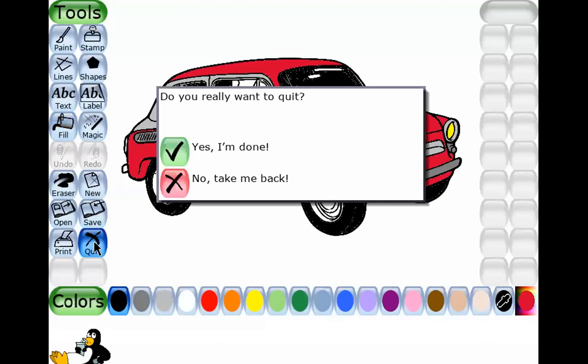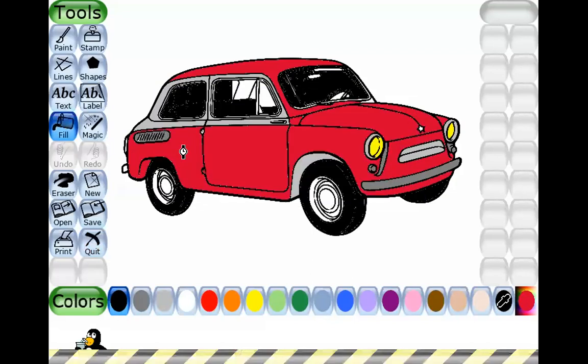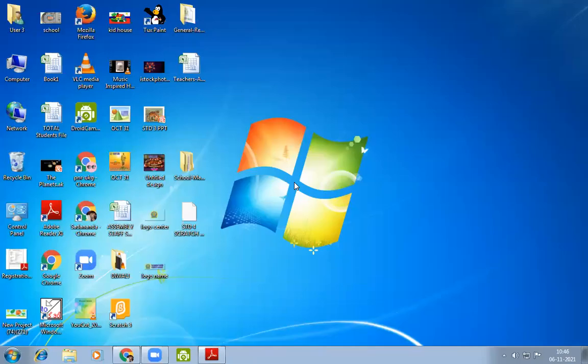Do you really want to quit? Yes, I am done. If you quit, you lose your picture. Save it. Yes, save it. Replace the picture with your changes. Yes, and we can easily leave the TuxPaint software.